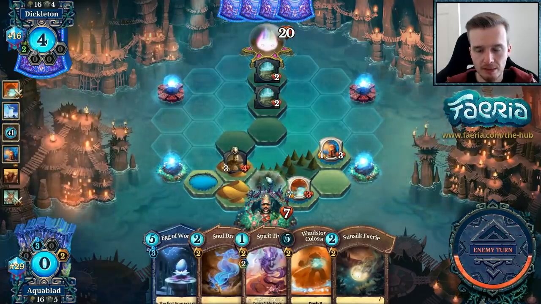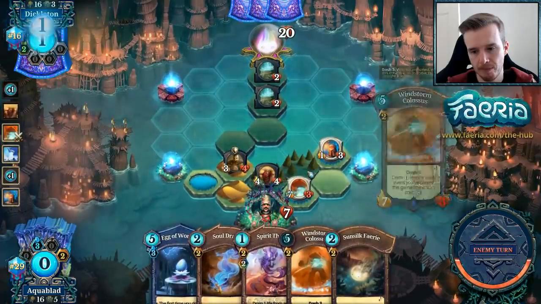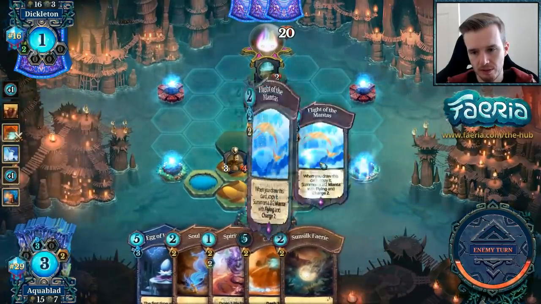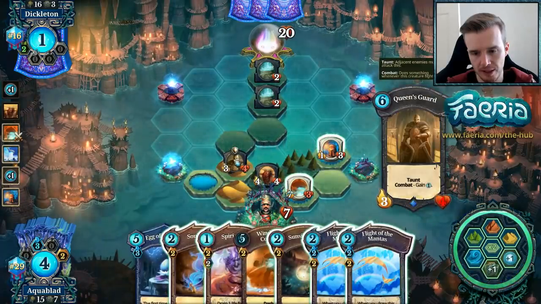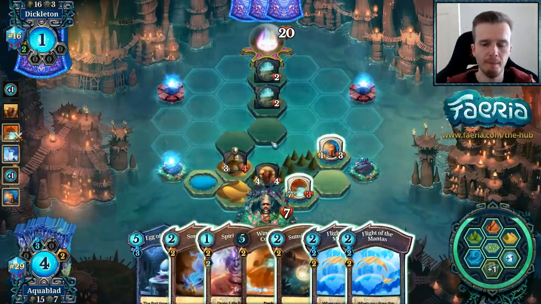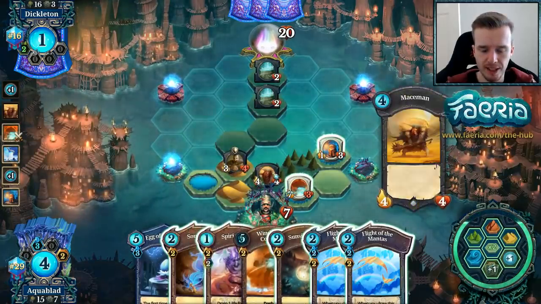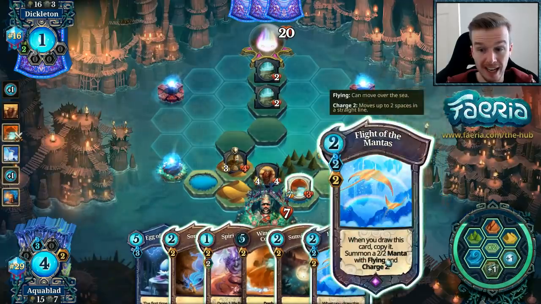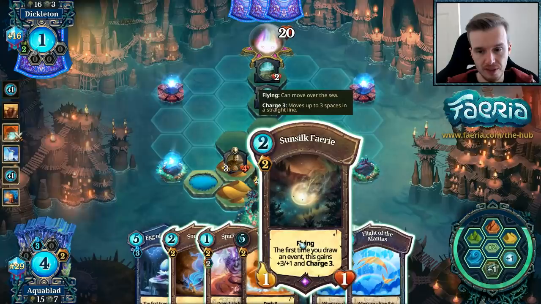No, it does decide to move up and play another Mace Man. Okay. That works out fine for us, actually, because we have Soul Drain, Spirit Theft, and then we can clear this. Is there anything better than that? That's my question. Soul Drain, Spirit Theft, clear. Leaves me on 1, hit +1 into Flight of Manta? Or into Sunsilk Fairy. And then,